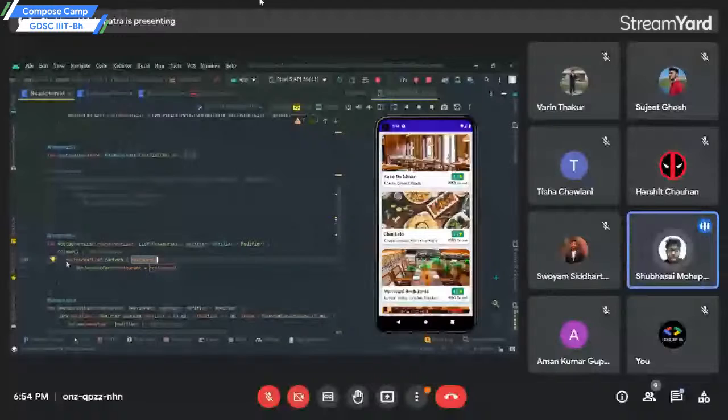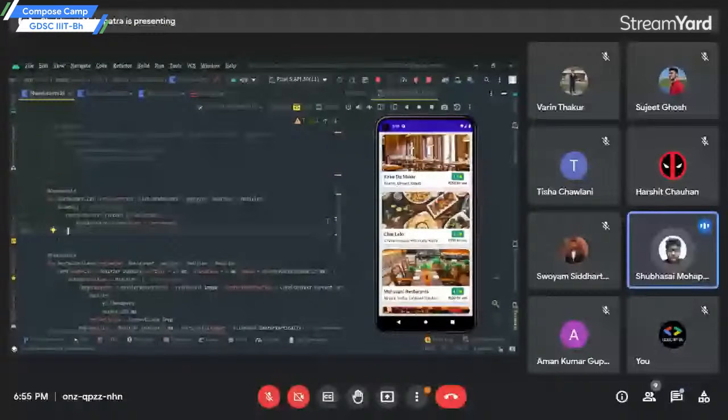Means restaurant is the item in restaurant card, and this function is creating views for different elements that the views. But what is the problem in this kind of thing, when that what will happen,